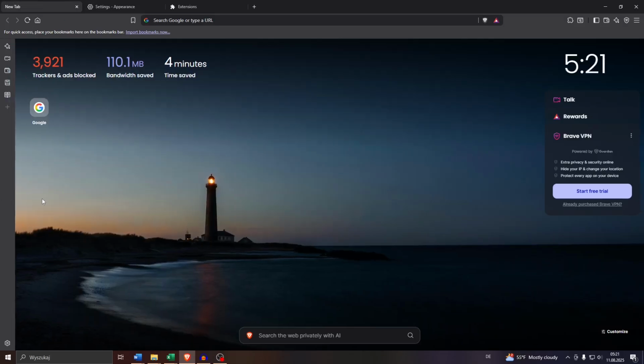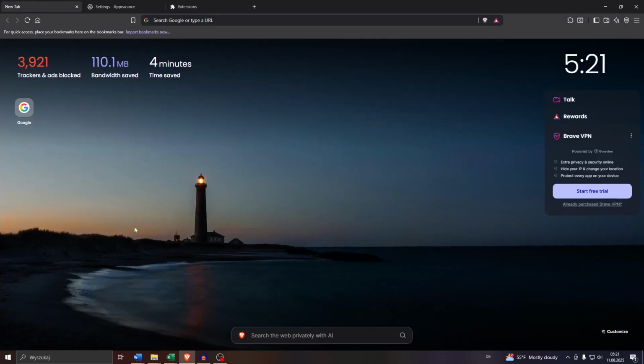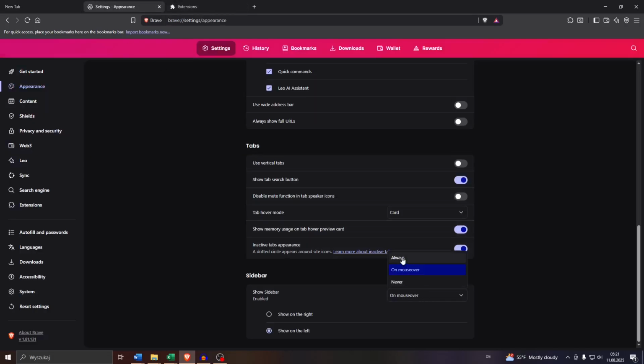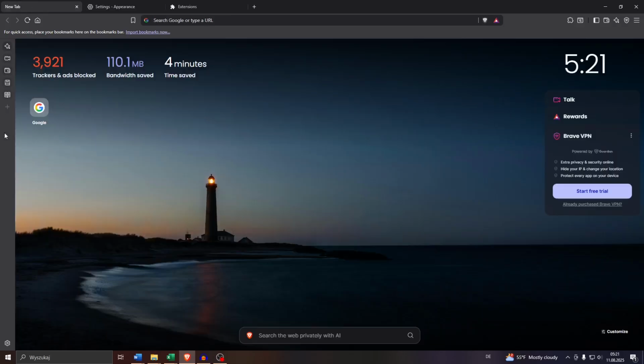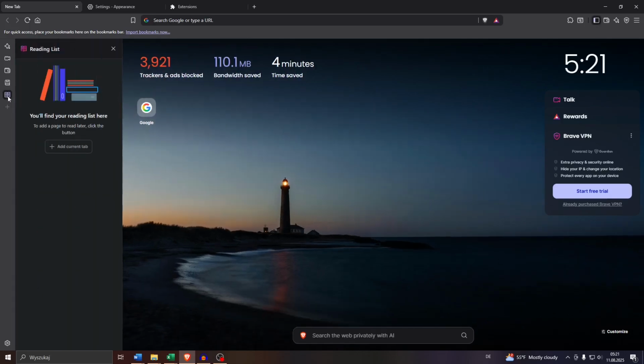So guys, once your sidebar has been enabled, simply hover your mouse over it or simply enable it directly. So I do that for the sake of this tutorial. And after that, you will see that sidebar here. So to access the reading list, guys, simply click on that book icon here to access it. And here you find all websites opened in the given tab as a reading list so that you may read through the content without all of that additional stuff on the given website. So that's how you use the reading list